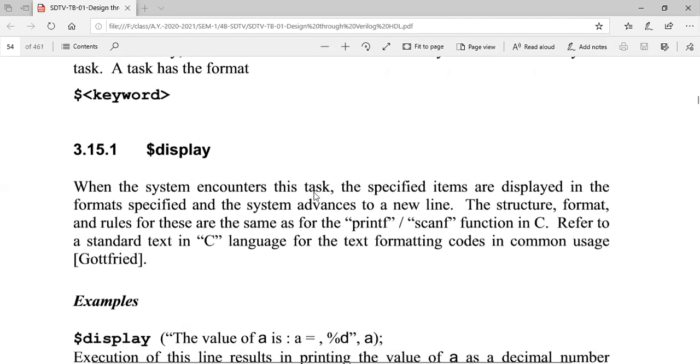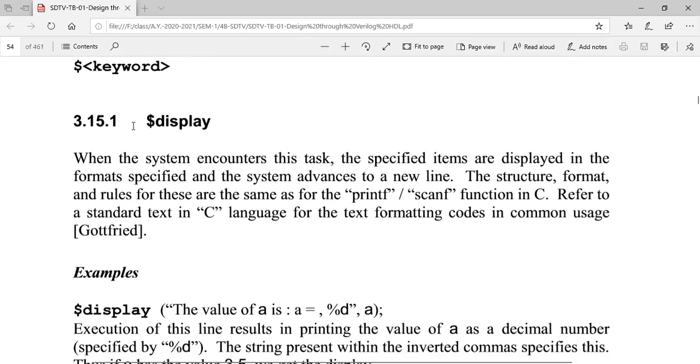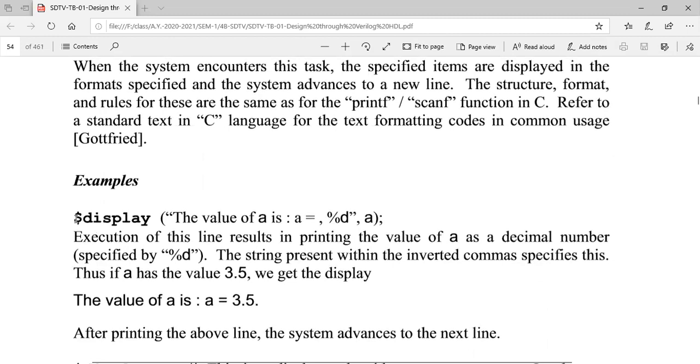So the first one is display. This display is just like our scanf and printf in C language. You see here, in the program itself you are writing $display.